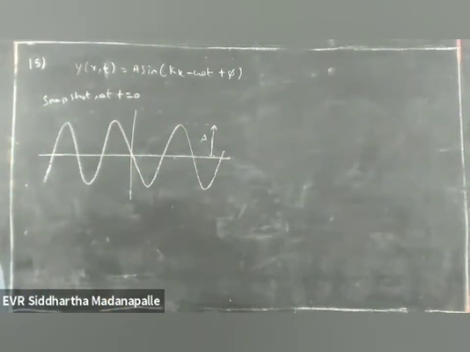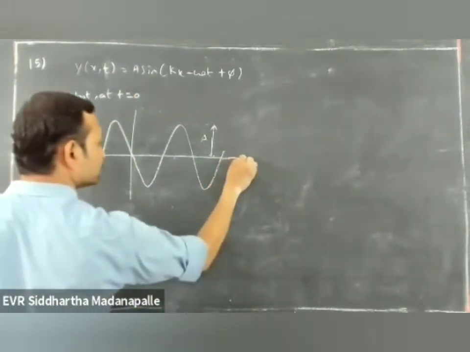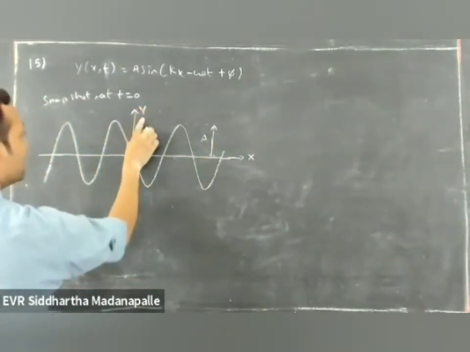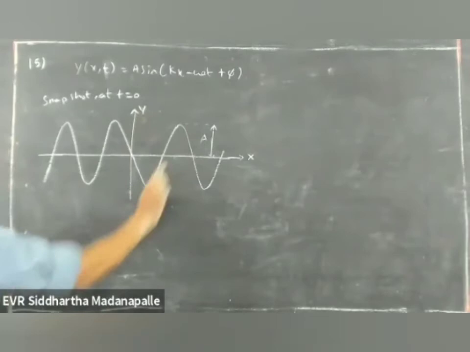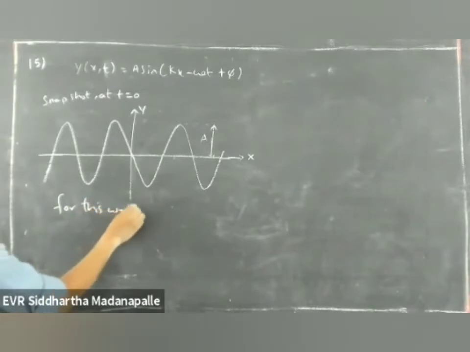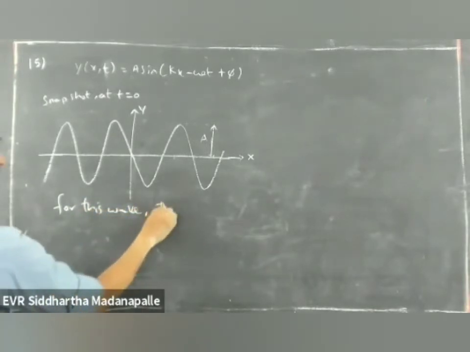Okay. Now, along the x direction the wave is traveling. Along the y direction is the displacement of the particle. Now, the question is that for this wave, the phase